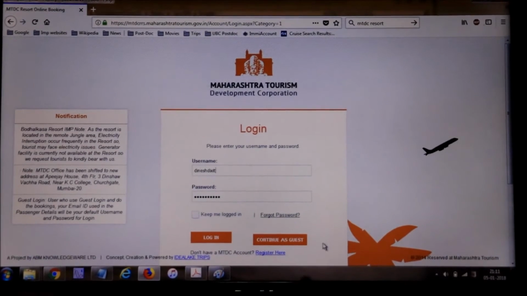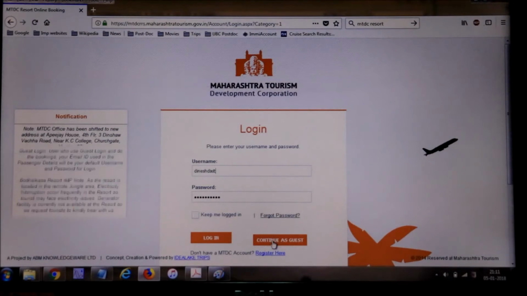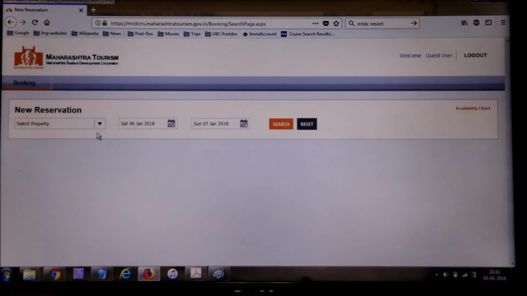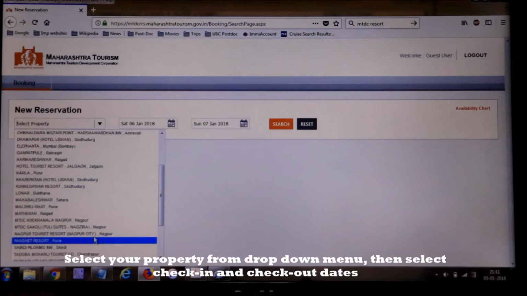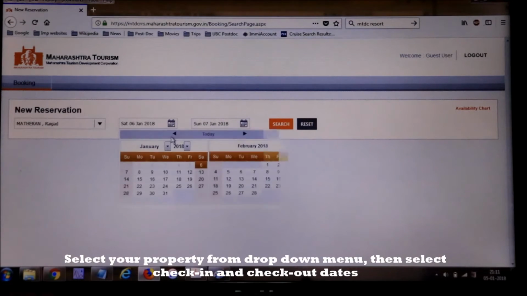This window comes up, and if you want to register, then you can register here for the first time, or if you want to book as a guest, then click continue as a guest. Then for the new reservation, select your property. Like I will select this one, Matheran, and date I will select